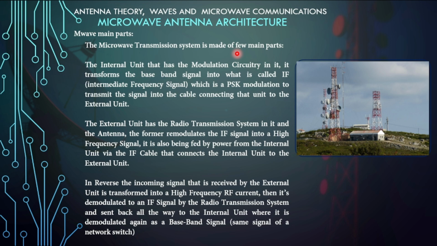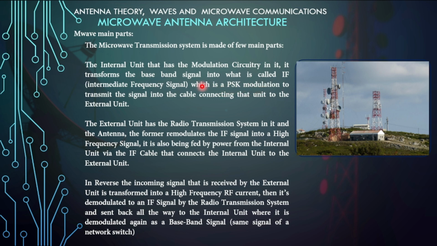Microwave transmission system main parts. Okay, the antenna architecture. This transmission system is made of a few main parts. First of all, you have the internal unit that has the modulation circuitry in it. It transforms the baseband signal, which is the sequence of bits, zeros and ones, shaped or modulated in NRZ, and now returned to zero, but they are mainly baseband. Okay, these signals are modulated into what is called an intermediate frequency signal, which is basically a phase shift keying